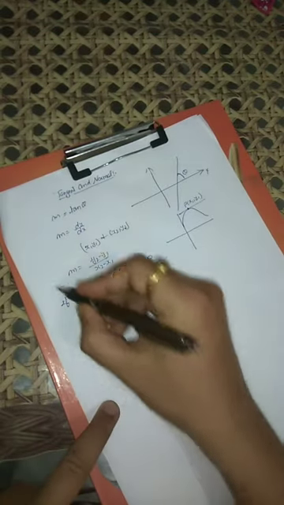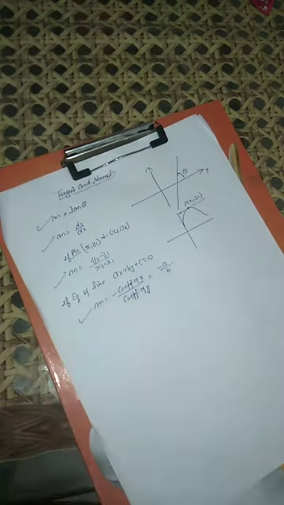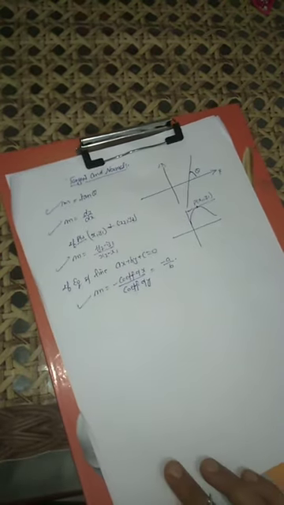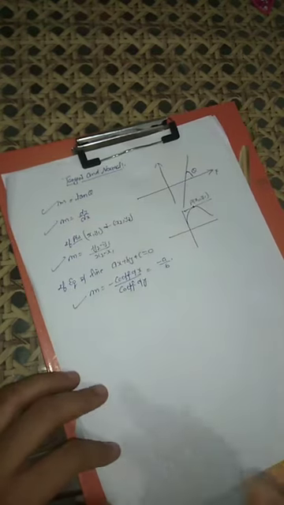So we are having four ways to find out the slope of the tangent. First is tan theta if angle is given to us. Second is dy by dx, meaning derivative. Third, if 2 points are given, x1 y1 and x2 y2, then slope is y2 minus y1 upon x2 minus x1. And fourth is minus coefficient of x upon coefficient of y if the equation in the linear form is given to us.